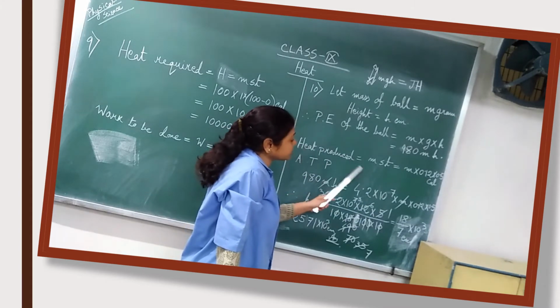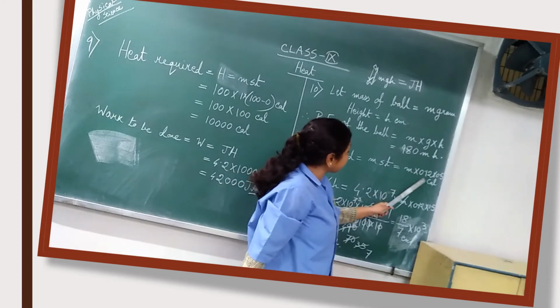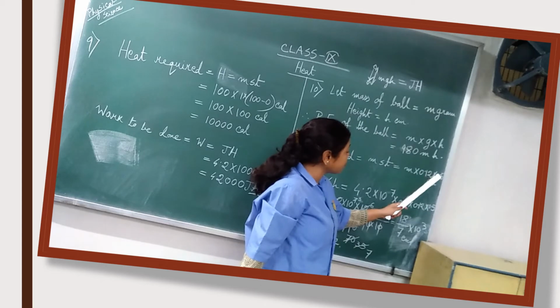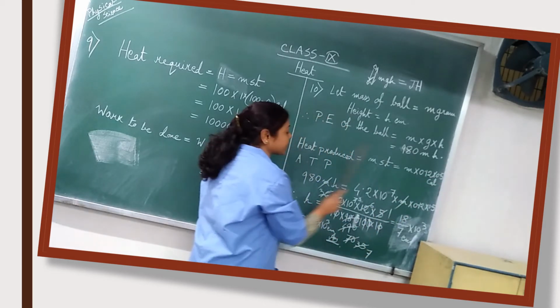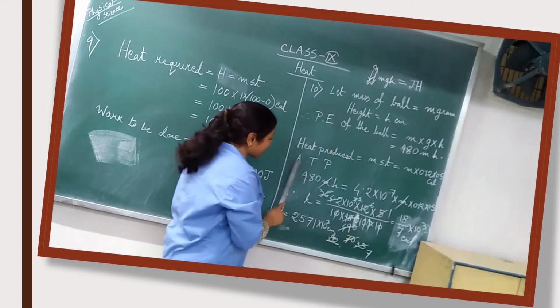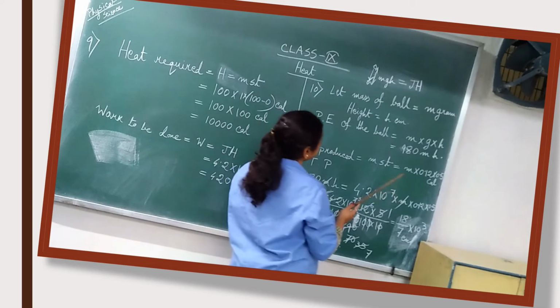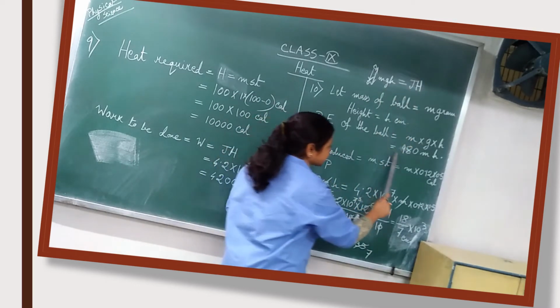Now heat produced is equal to M into S into T according to the formula. S given in your question is 0.12, into T also given 0.5, and unit of heat is calorie. Now according to the problem, you can write, just now I have said, mgh is equal to J into H. So mgh, instead of mgh I have